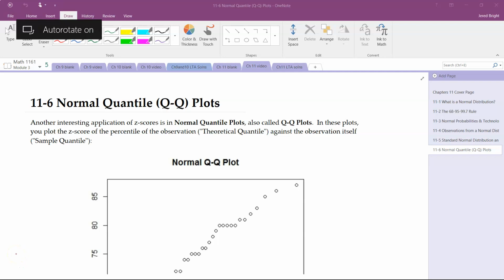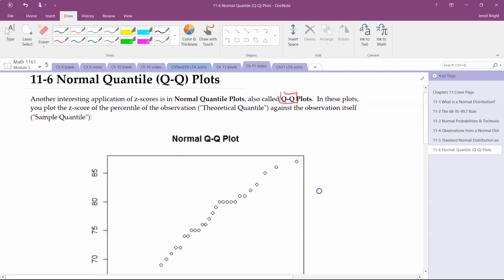Under the context of normal distribution, there's one more important type of chart that you should be able to read. We're not going to make it, but they're called normal quantile plots or QQ plots. I personally prefer QQ because it's kind of fun to say. And if you are a gamer or familiar with what QQ means, well, I'll let you look it up. But anyway,